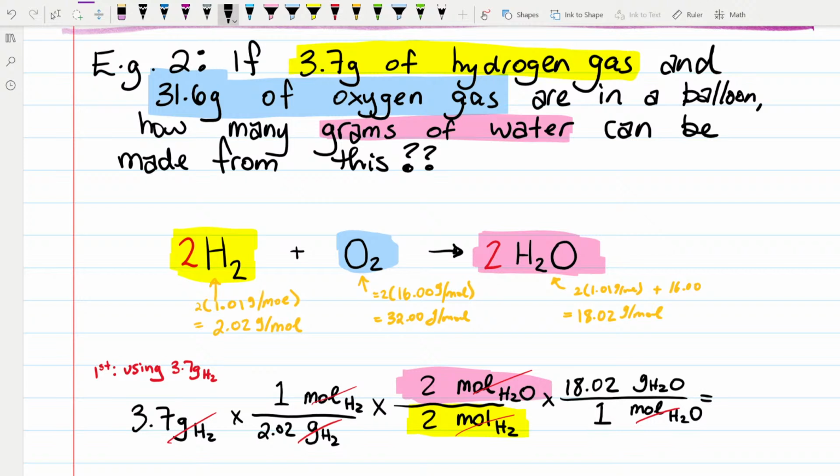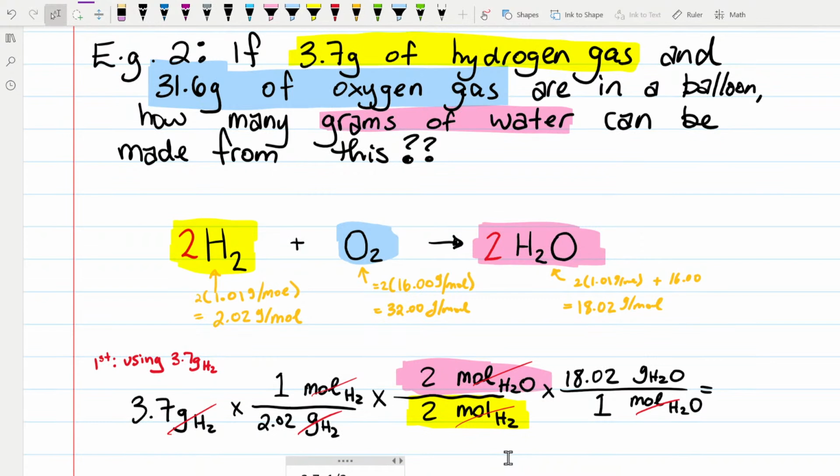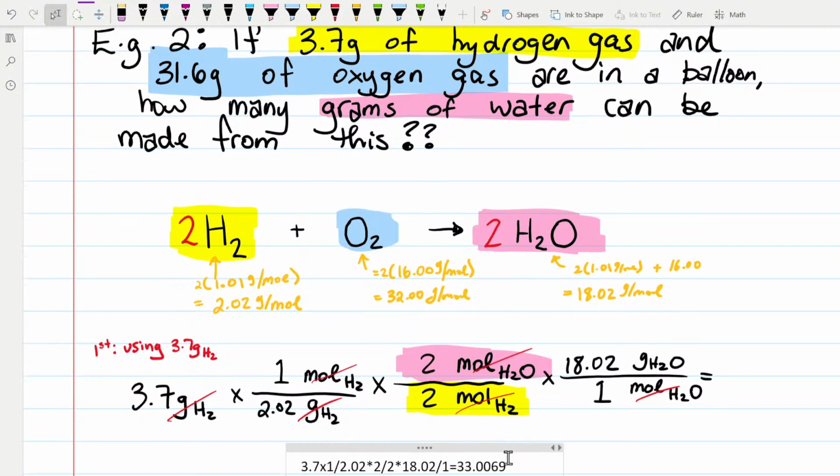And really quickly, 3.7, this should be like 1.85 when we work that out. Oh gosh, 1.85 times 10 would be 18, and then almost doubling that. We're going to be in the range of like 33, 34 here, I think. So let's take a look at that. We'd say, okay, 3.7 times 1 divided by 2.02 times 2 divided by 2 times 18.02 divided by 1. We do all that math, and we get